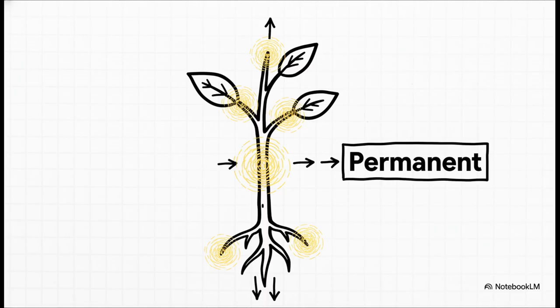They literally only grow in specific spots. Apical meristems are at the growing tips of stems and roots, making the plant taller. Lateral meristems increase the plant's girth or width. And intercalary meristems are located right near the nodes. But you know, what happens when these cells mature? Well, they take up a specific role, they lose their ability to divide, and they transform into our second category,